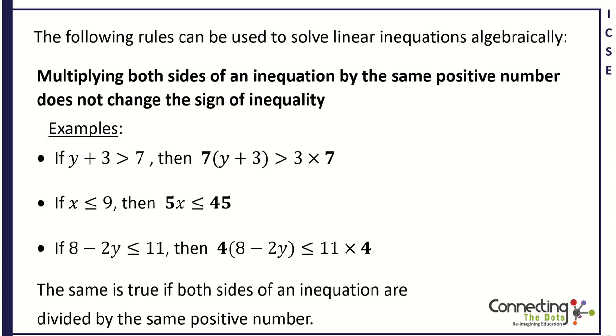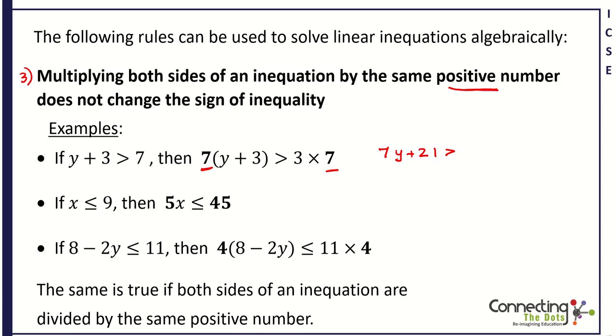The third rule: multiplying both sides of an inequation by the same positive number does not change the sign of inequality. What does that mean? Here are some examples. y plus 3 is greater than 7. That is the given inequation. To that, we multiply both sides by the number 7. So by multiplying both sides by 7, which is a positive number, we get 7y plus 21 is greater than,